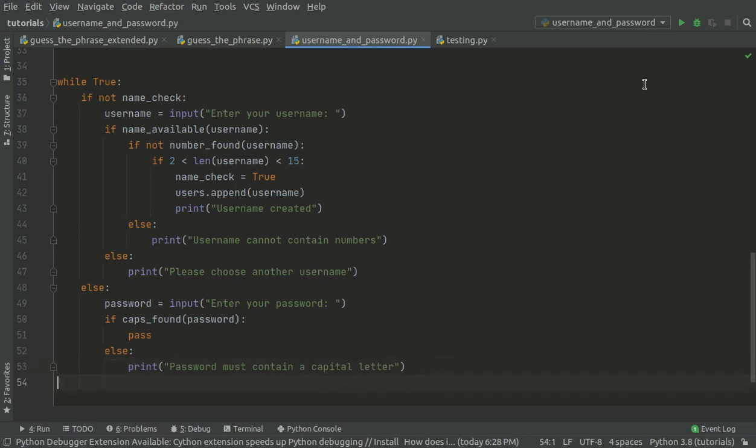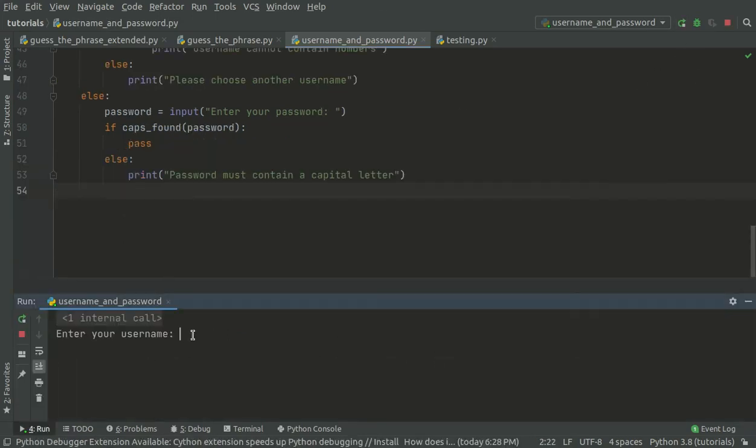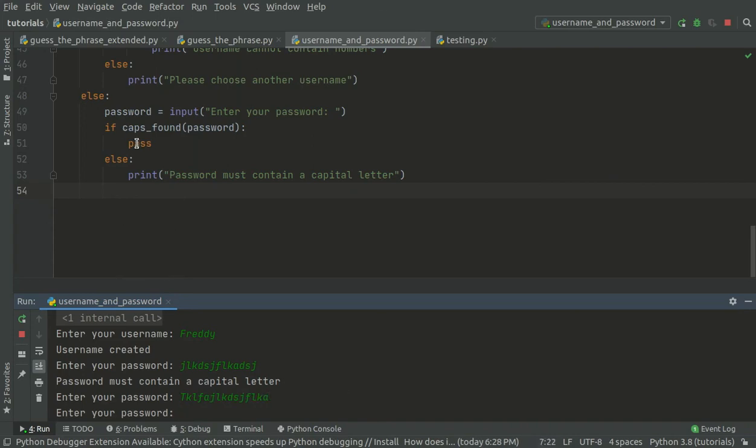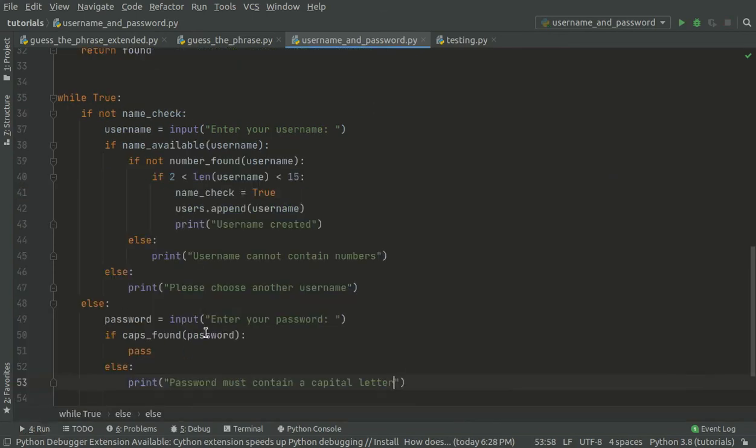Let's test that out. So enter your username, let's say Freddy, and then enter your password. So I have no capital letters. We get "password must contain a capital letter". Let's have a capital letter and then a bunch of other letters, and we get inside of the if statement here, so we get to the pass. Now we can move on to the next check,